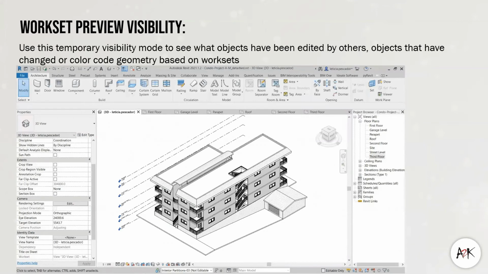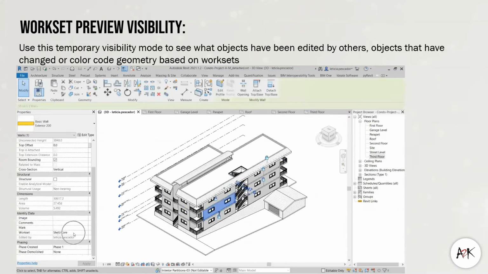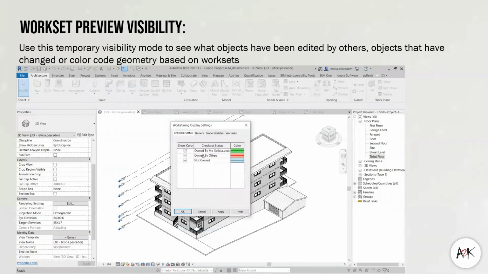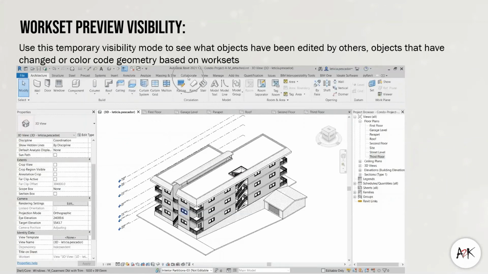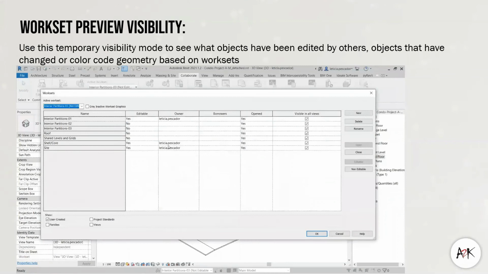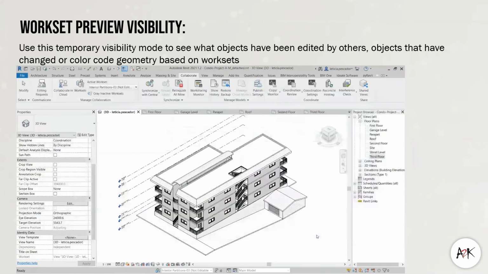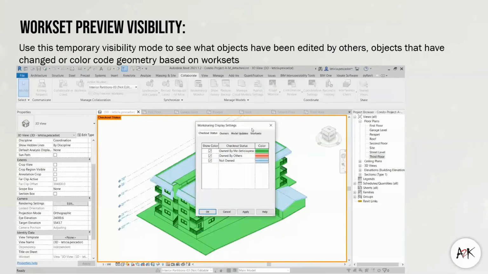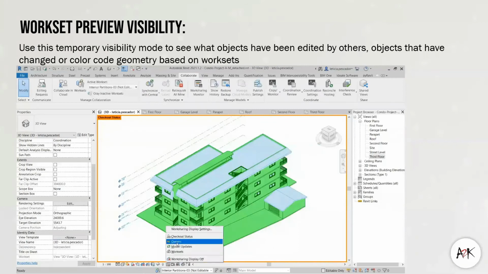One of the last tips for today is work set preview visibility. Throughout the years I have been teaching, I noticed that not many people are aware of these worksharing display settings. This option under the bottom bar enables us to double check if someone is editing an object, who the owners of objects are, model updates, or also it enables us to color code based on work sets. This is a very good way of quickly checking if those objects belong to the correct work sets. When we start going through those options, it will color code based on the option we are selecting, and we can update those